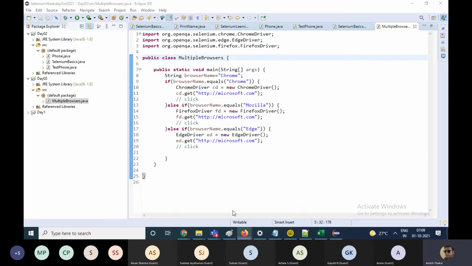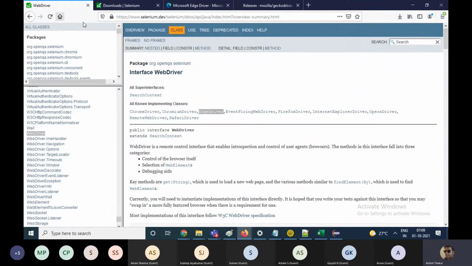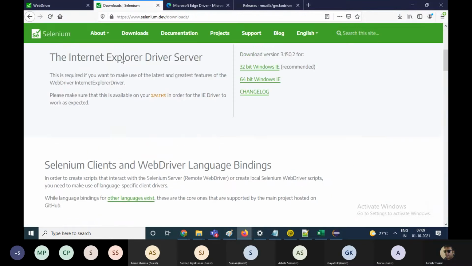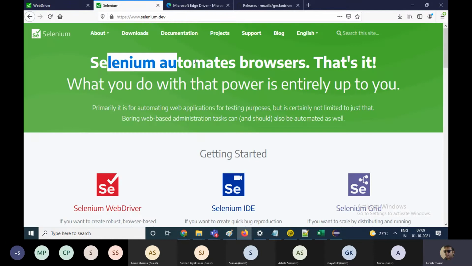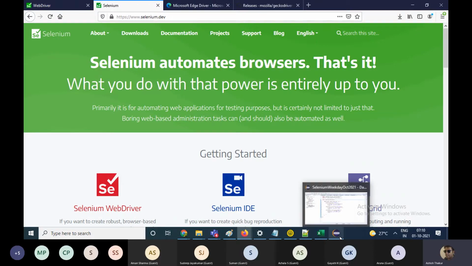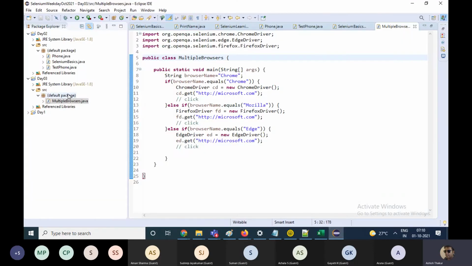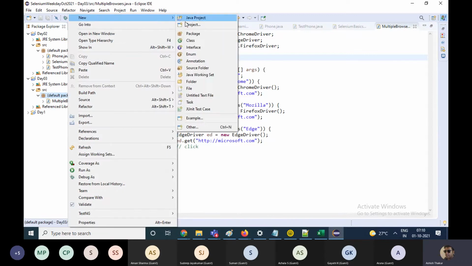Similarly, this is the official website of Selenium. This website gives you an idea of what Selenium is, but how it actually works, you really don't know. So an interface is something which gives you an idea about the system. And similarly, in Java, we have interfaces. For example, if I create an interface,